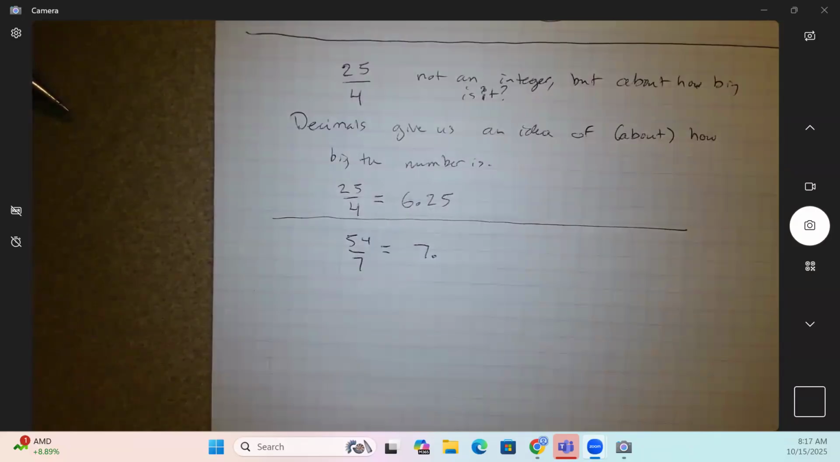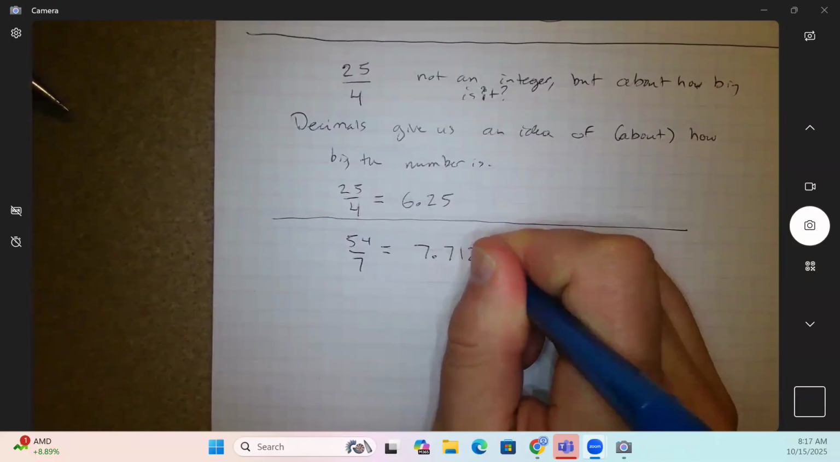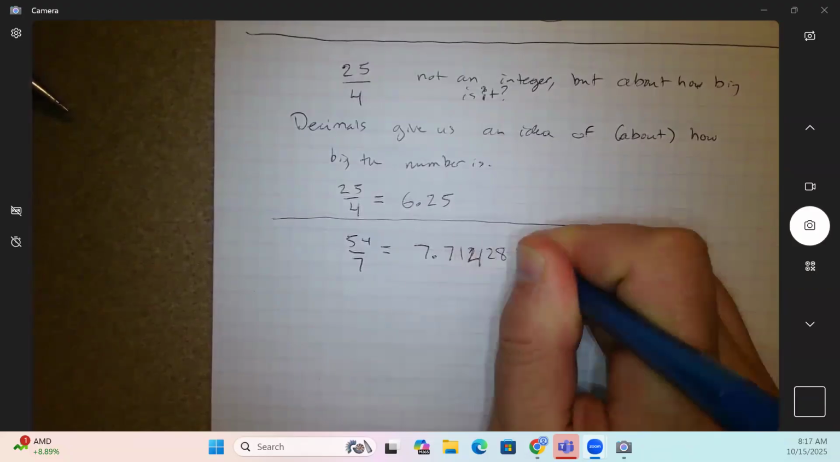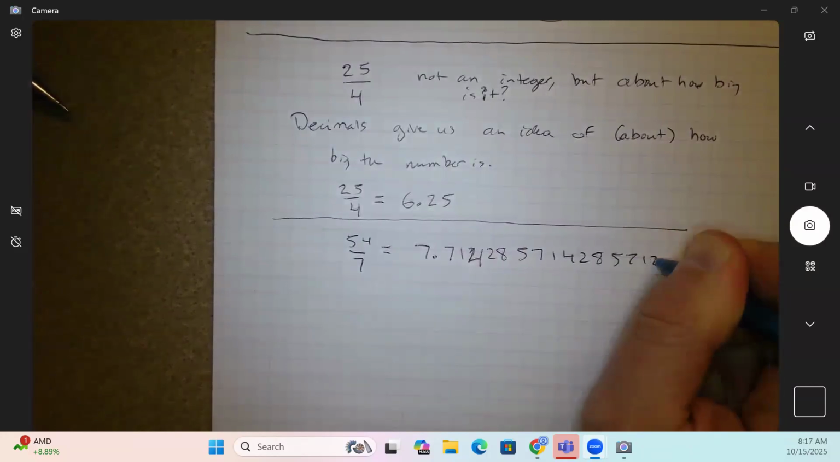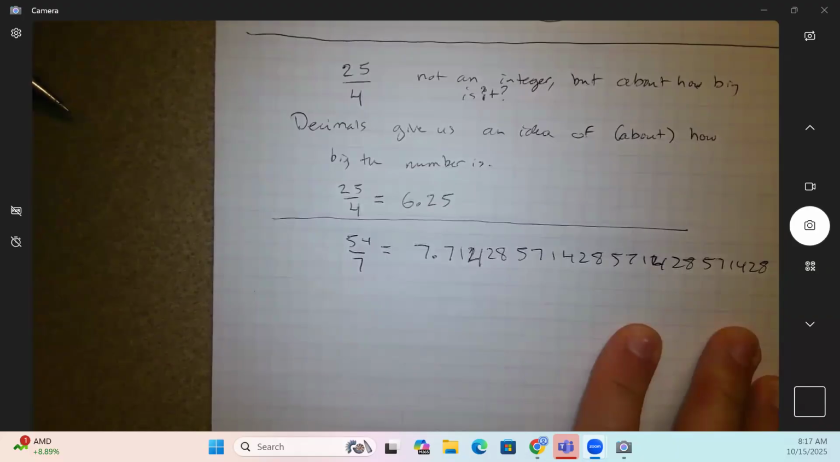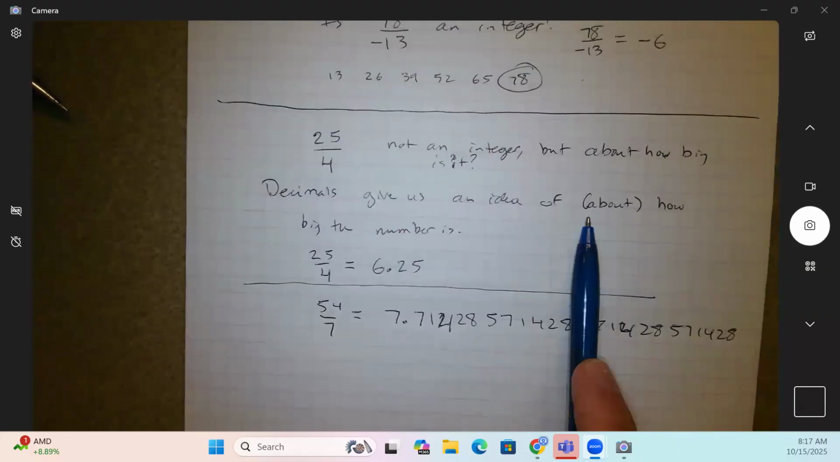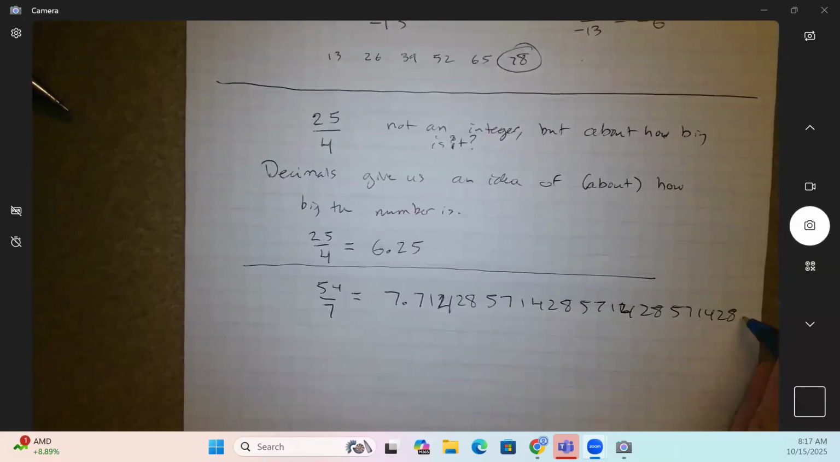7 point what? 7. Keep going. 14285714, 142857142857142. This decimal is never going to stop. But I don't need that level of precision, right? So again, about how big? Well, 54/7, if I wrote it as a decimal, it would repeat these 6 digits forever and ever and ever and ever,